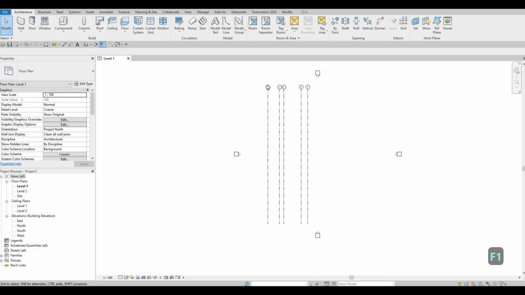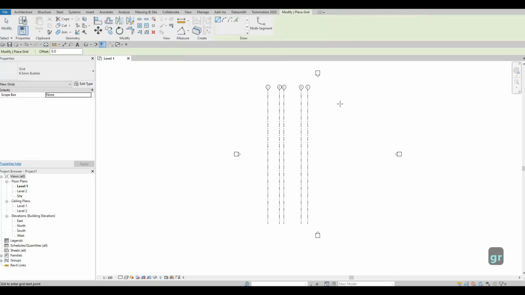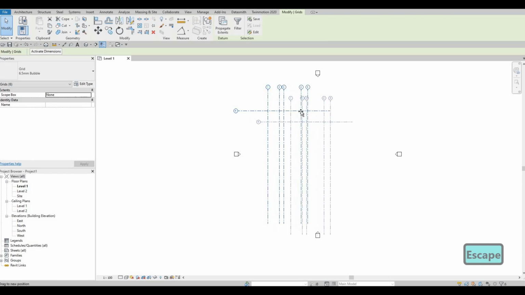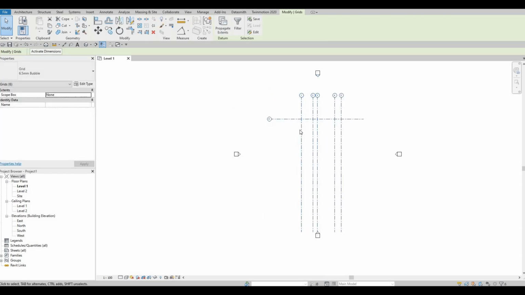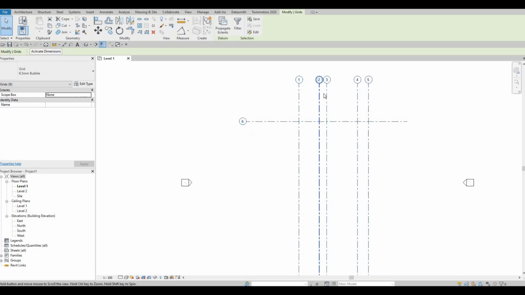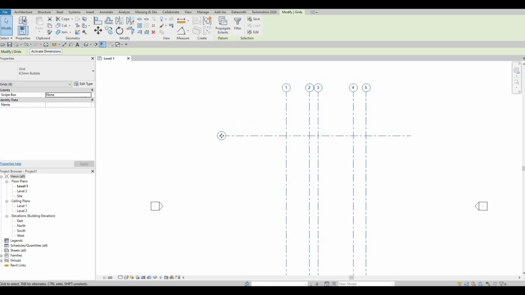Let's do the horizontal. So type in GR again, and then let's put it from the right to the left and give it some space right here. We could also move this one down, and we could grab all of them and then move it in the middle of the elevation tags. I push it down right here, and then I move it so that we have space here, because we're going to add some dimensions right here afterwards. But as you can see, after 5 it created 6,